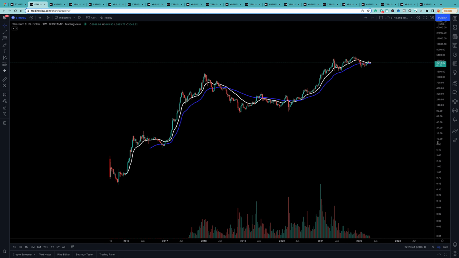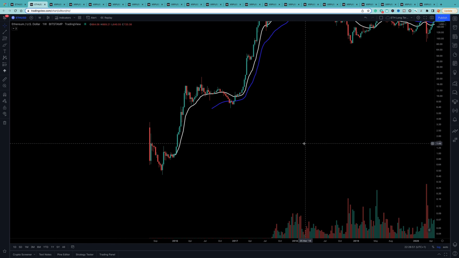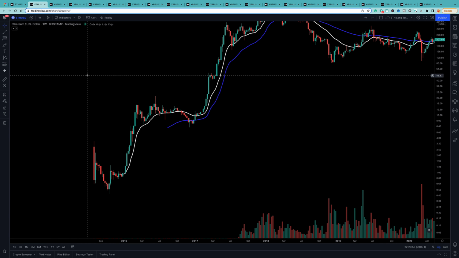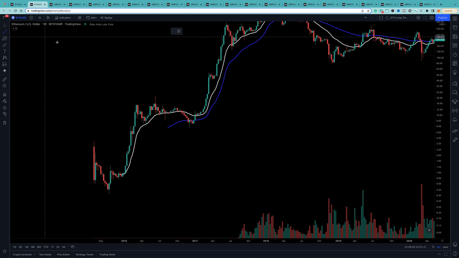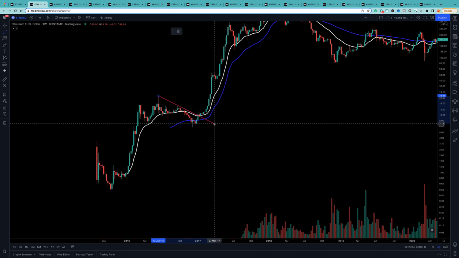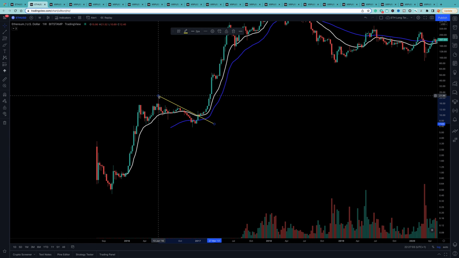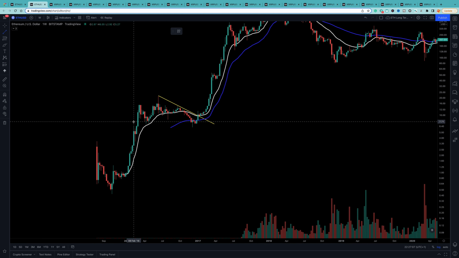Okay, so look, here we are now, and as much as it looks small, it's on the weekly, and this is all the way back to 2016. So imagine each one of them is a bull flag. I'll make this yellow. So this one here, and again the